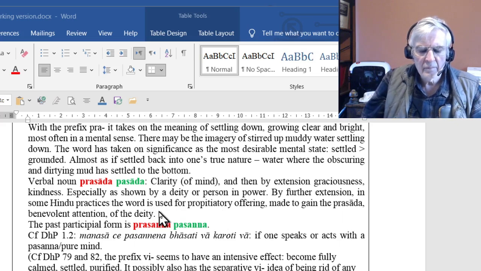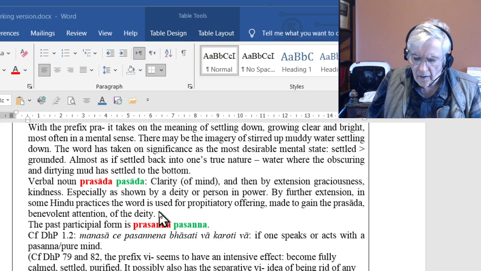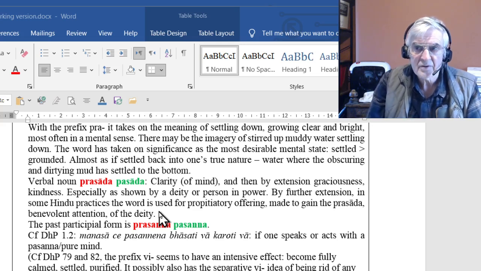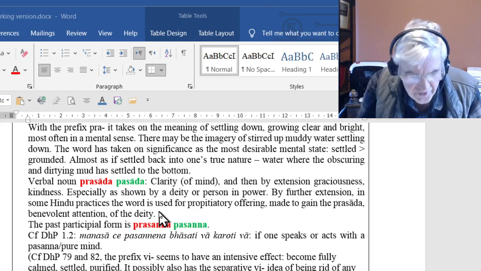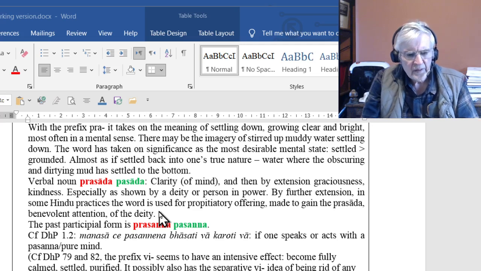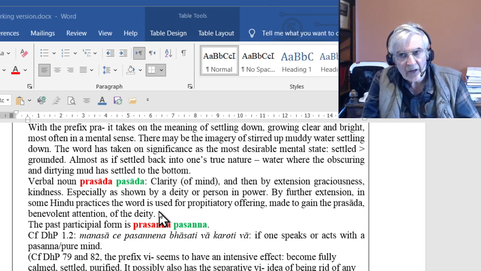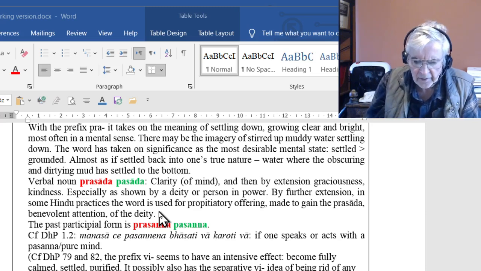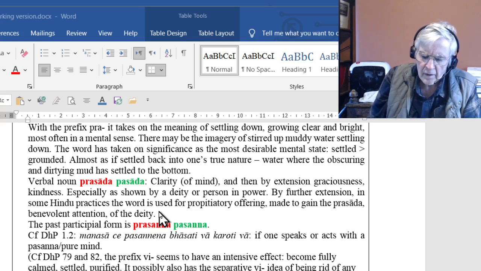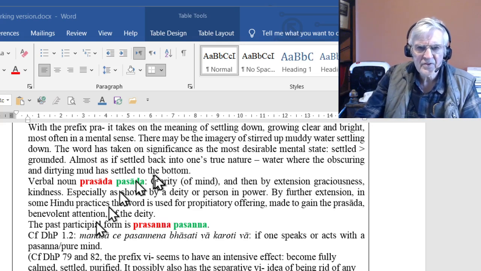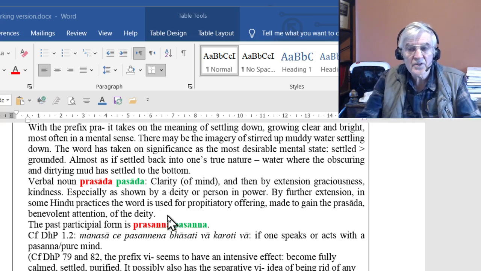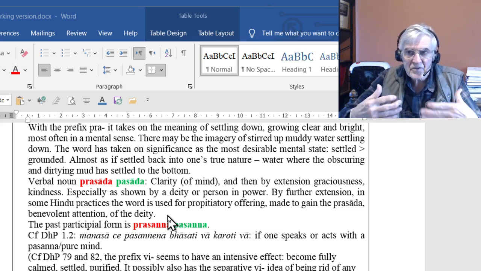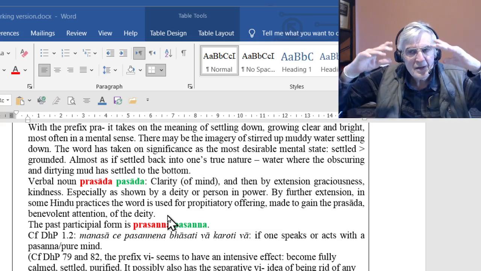In modern India, the secondary meaning is that prasad, in the languages of northern India, is pronounced prasad, while in southern India it would still be pronounced prasada or prasadam. In northern India it is pronounced prasad, particularly in Hindi and Gujarati and so on. And the prasad is that calmness of mind that you want the deities to have towards you. So they look upon you with kindness, benevolence, and favor as a result of the mind where all these impurities have